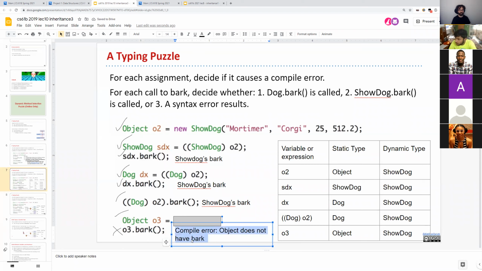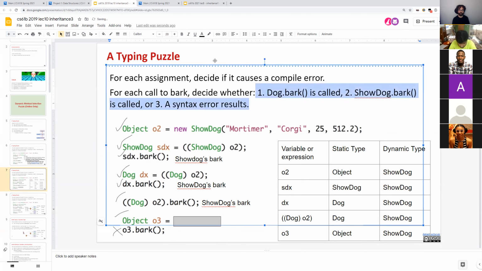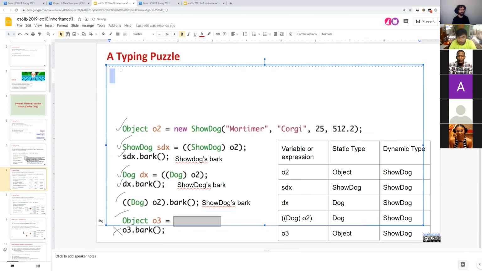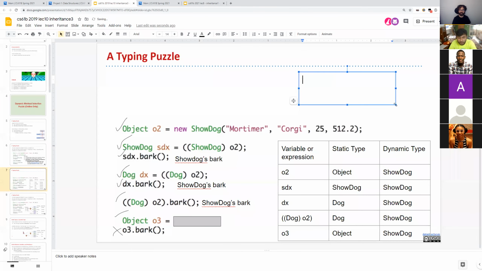Sure. An example of that would be if I write a piece of code that does this. I'm going to take away all this stuff up here. Some code that would cause an error would be Dog d equals (Dog) new Object().